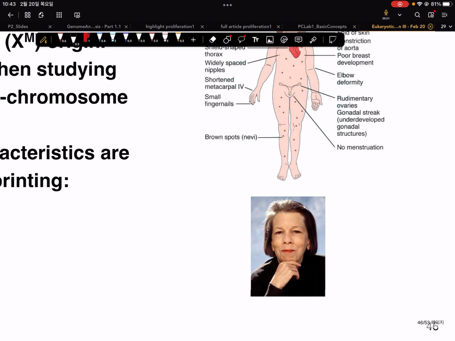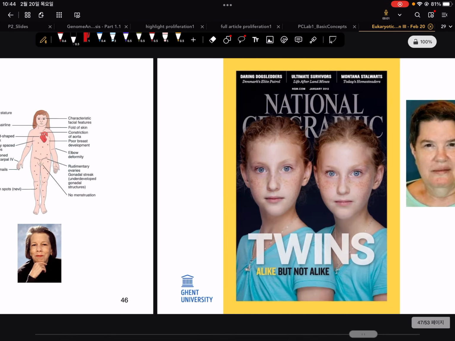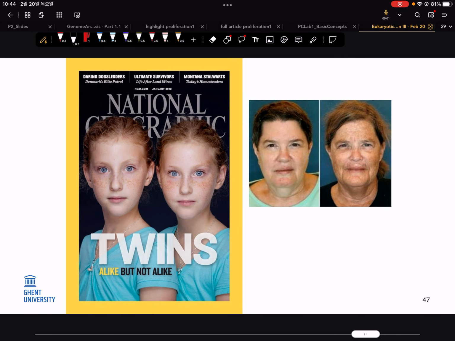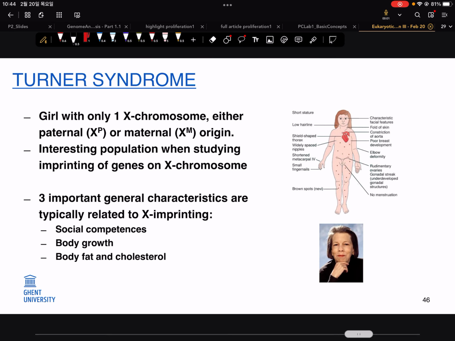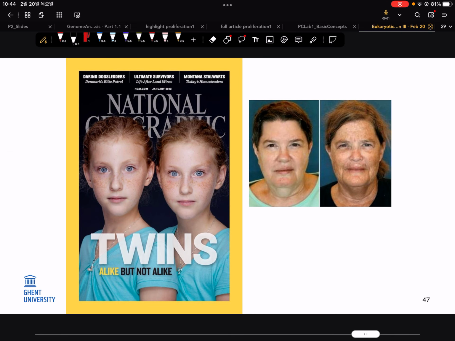She's quite small in size, but it shows that even people with Turner syndrome can have a very good life, and her name is Linda Hunt, and also be very social and have a nice career as well. So it doesn't necessarily mean because you have this dosage disequilibrium that everything is wrong,